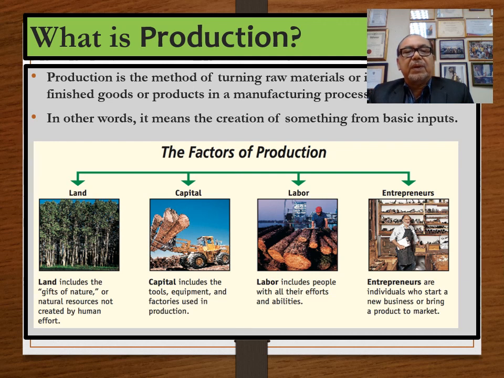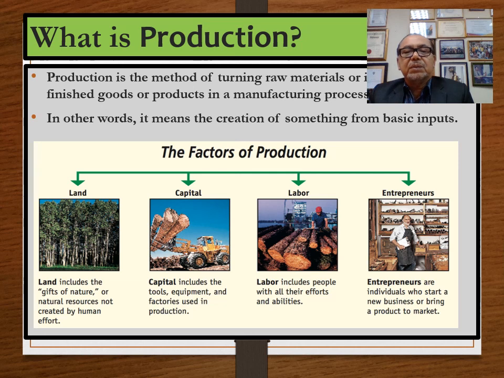As you can see there, you have land. This one is good because it's timber. It affects me, I have a sawmill. Sawmill means you cut the timber and sell it as plank. So what I did in my sawmill, first I have to get a land, logging land, as you see there. Land includes the gift of nature, or we get it from the government, the forest land, pay the premium to the government, and then we do the logging. So we have to invest in capital. We have to buy the bulldozer, all the tools and equipment to do the logging, to cut the timber. We call it logging.